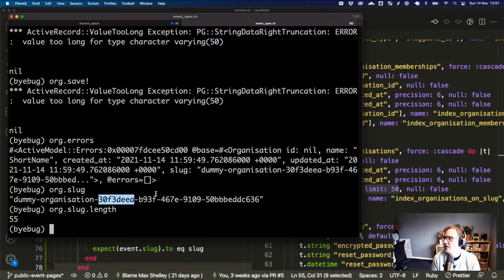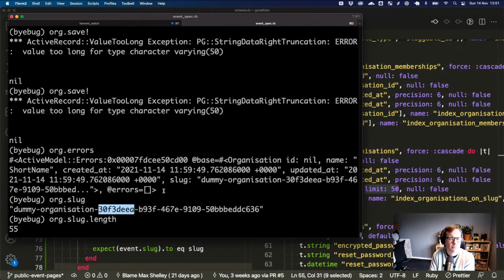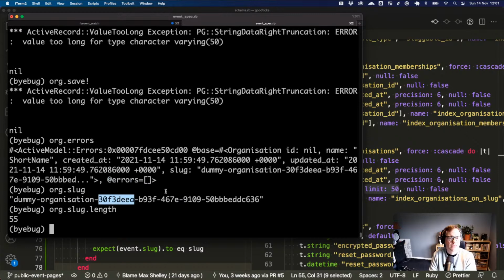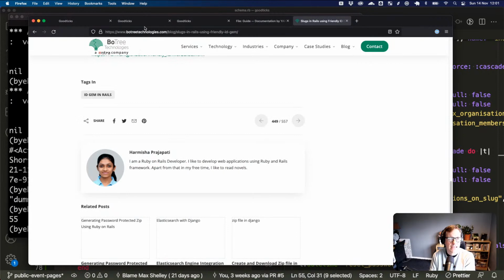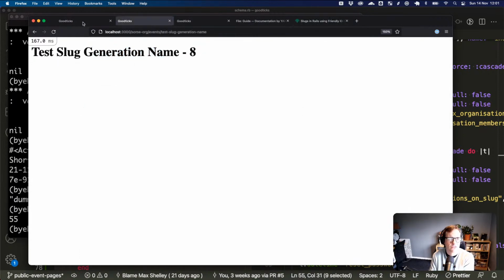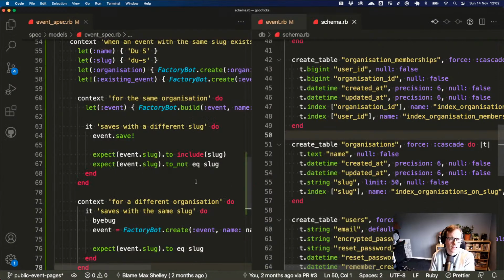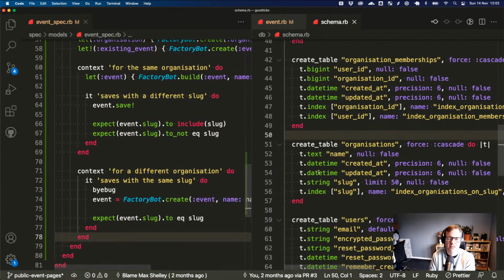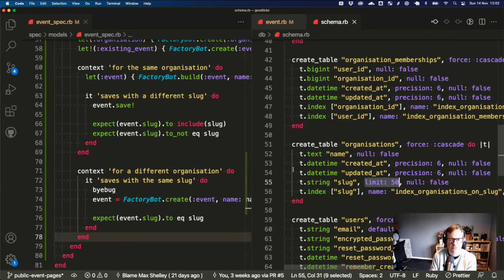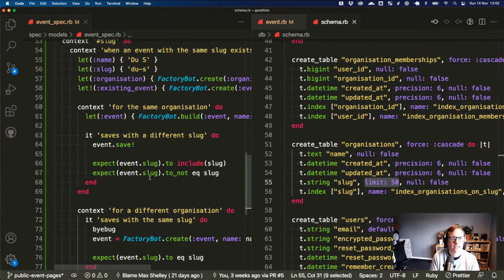Yeah, okay. All right, I'm going to defer all of that to next week. Or I am going to try and come back and do another stream before then. I am really keen to actually get these public ones up and running. So we did the thing that we came here to do, which is get public-facing event screens up and running. I think the testing of this is super important, so I think it is worth spending some time on. But I think we're not a million miles away. That's an annoying little limit that I've added and screwed up another test. That was just a random thing. But I think this will test the right thing.